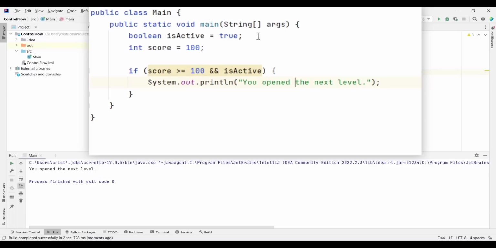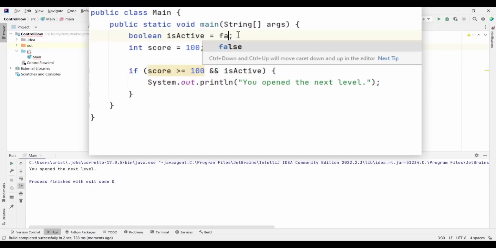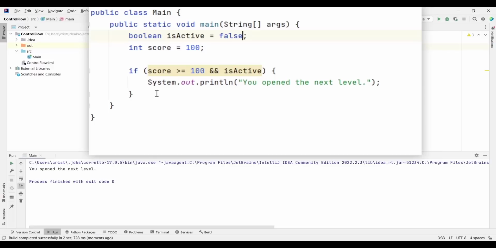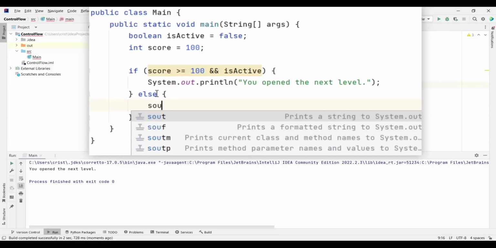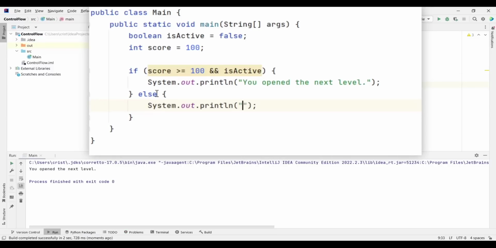But if one of the condition is false, the entire expression is going to return false. So if I type for the it's active false, let's now add an else here. Let's put curly brace, press enter, SOUT. So let's type SOUT and I will type you are at the same level.